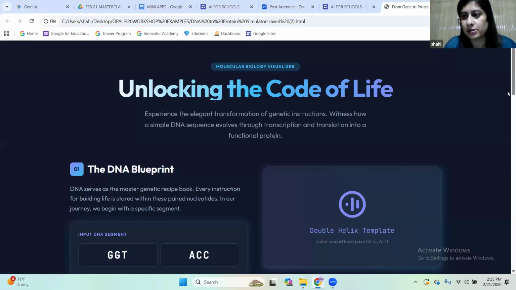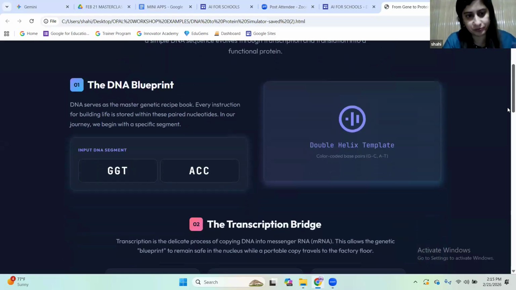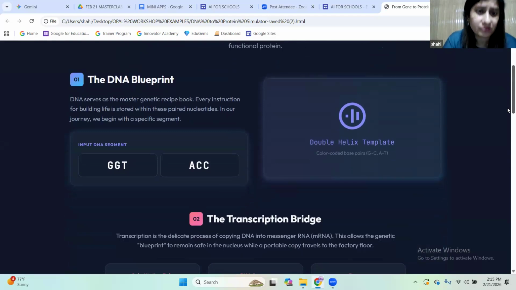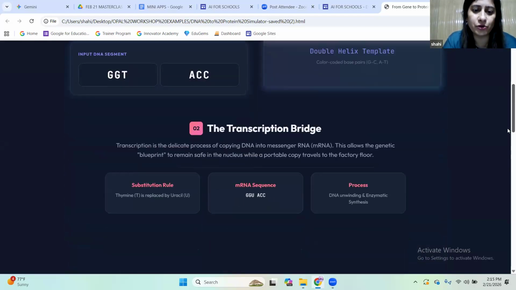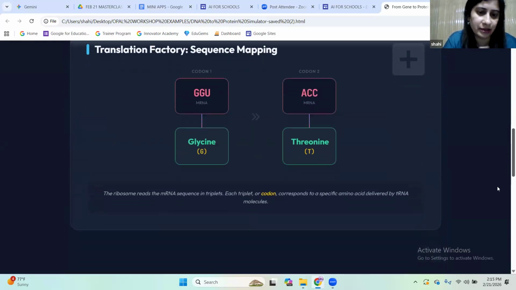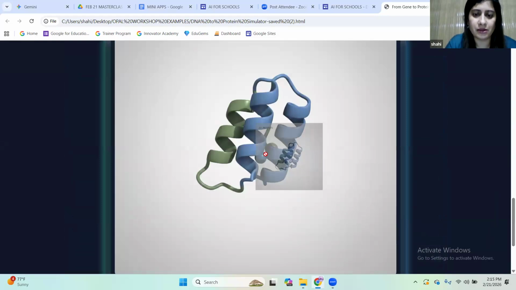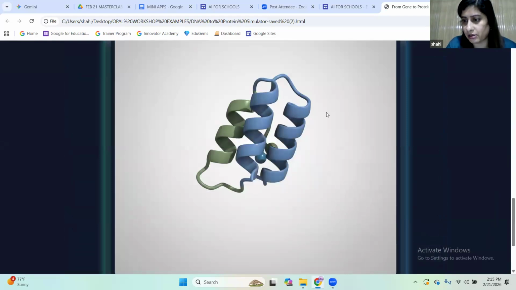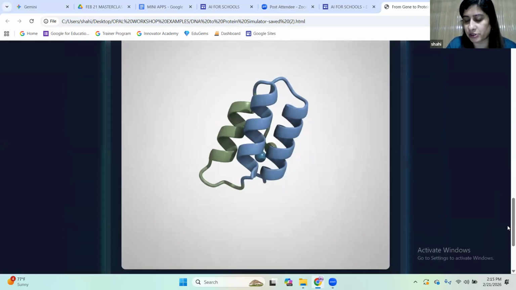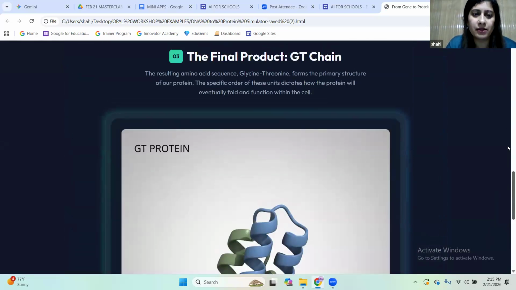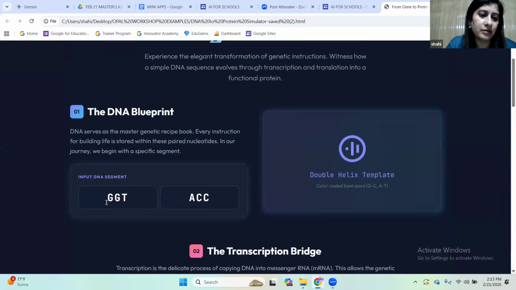There is another app which I had created, and that was the DNA to Simulation app. You enter a short DNA code, for example, if you're a biology teacher, and it shows you the details. You see a detailed explanation in this way, and this is the 3D image of that DNA structure. So if you give this structure, as I had given it, then it creates this.